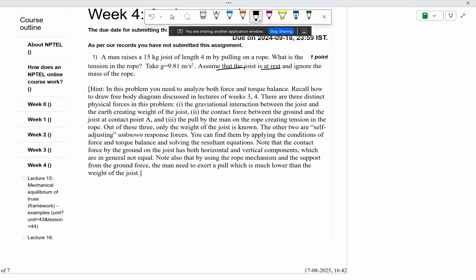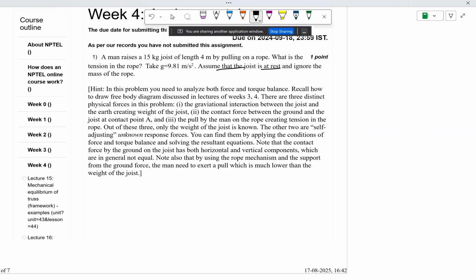So with respect to that reference point, when a force is applied, that basically creates a torque which can actually create a rotational motion. Force cannot rotate in that sense, it is just for translational motion, but torque can also produce a rotational motion of that object. And when you are saying that your whole system is in mechanical equilibrium or balance, then you have to balance the net force and the net torque for that whole system. So whenever a given system is in mechanical equilibrium or at rest, you have to assume that the force balance condition and torque balance condition must both be satisfied for this problem.